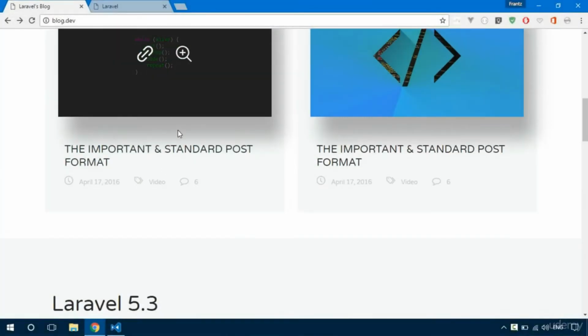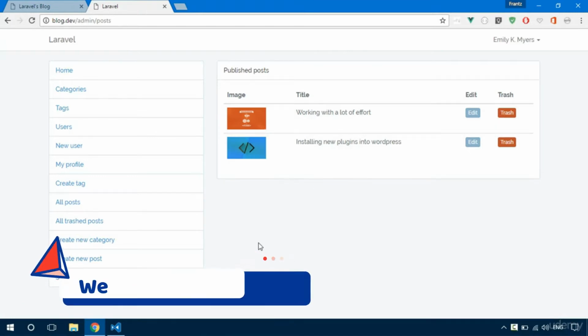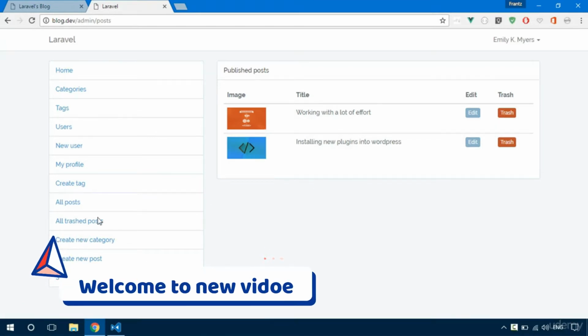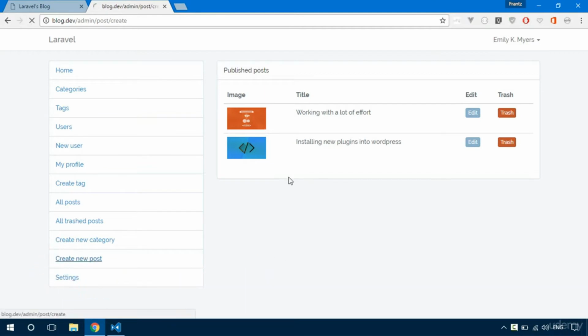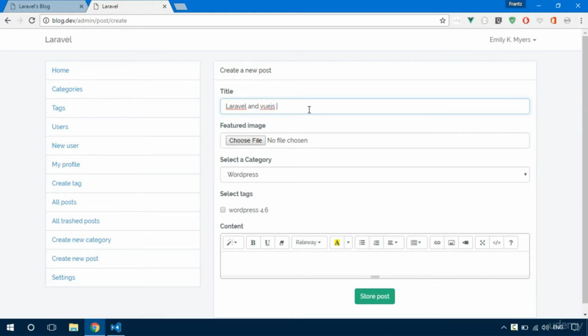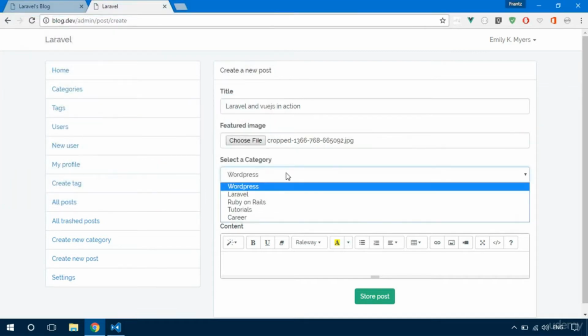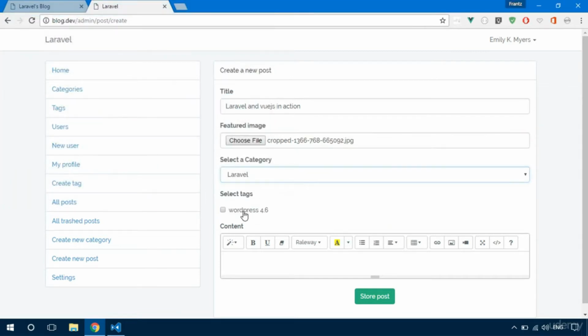We want to display the second and third post from our database. What we're going to be doing is actually creating a third one, so at least we have something to display. So let's create a new post, and we're just going to call it Laravel and Vue.js in action. That's the name of our post. Doesn't really matter. And we'll upload this image, and the category is going to be Laravel, and we're just going